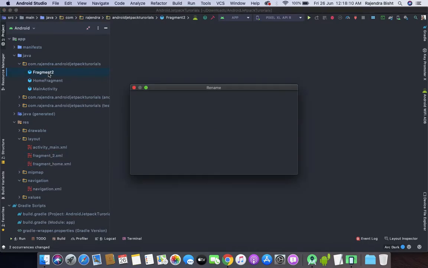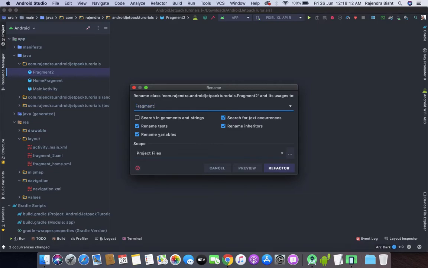And fragment 2 should be the data binding fragment.